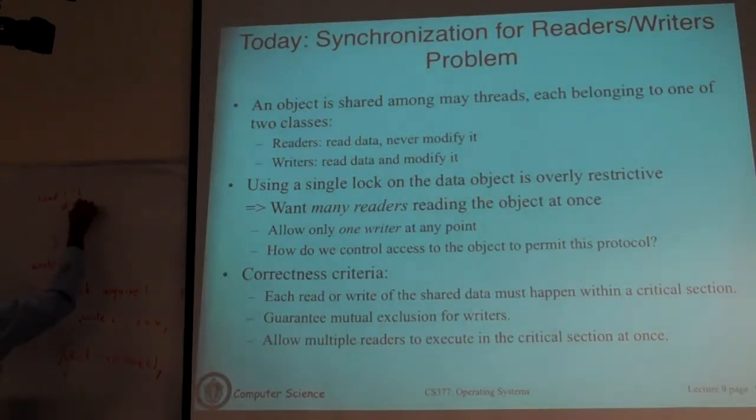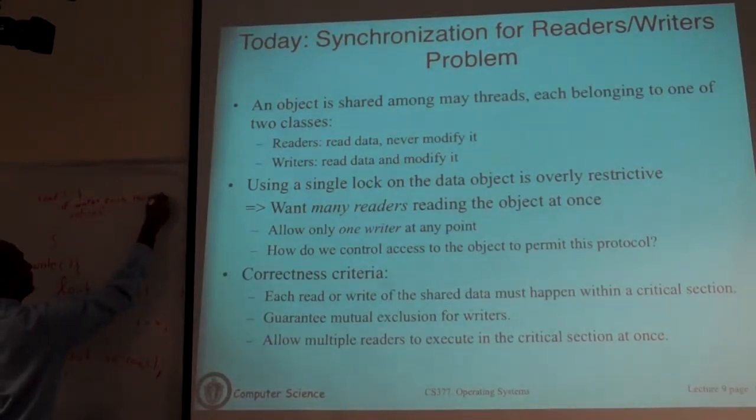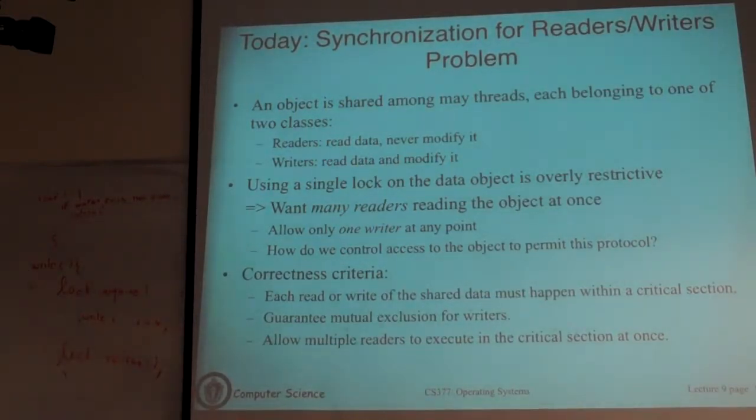So if no writer do this, or what else do you do if there's a writer? If there's a writer, everyone has to block. Okay? So even a reader has to block. So the basic thing is if a writer exists, then block. Okay, pseudocode at the moment. We are not going to worry about it when we do semaphores or locks. Else, actually we should do while, but let's just call it if.